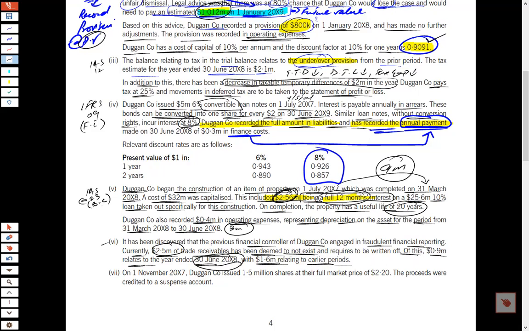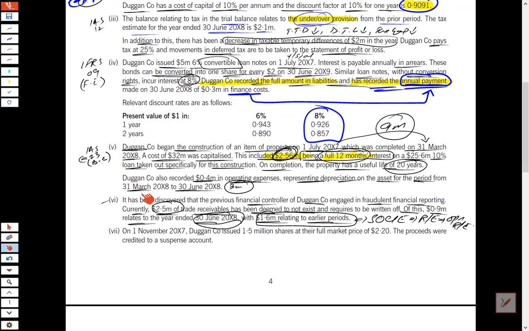So if any error of the last year, of the prior period, is found in this year, that is termed a prior period error, and the prior period error adjustment should be taken to the statement of changes in equity under the heading of retained earnings. By the way, in the opening retained earnings, because the closing retained earnings of the last year is the opening for this year. So if any error found in this year pertains to the last year, to make any adjustment in the last year's profit, do take the adjustment to the opening retained earnings, which was the closing for the last year. And it's a general adjustment with respect to receivables.